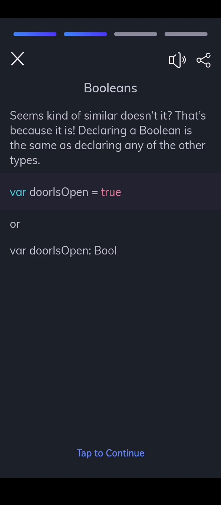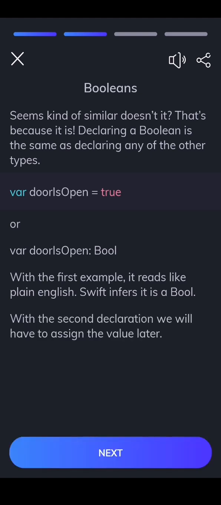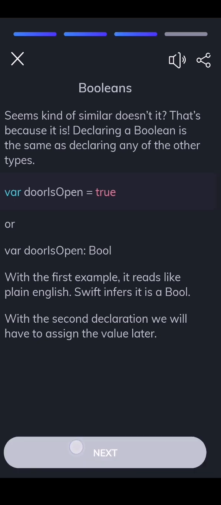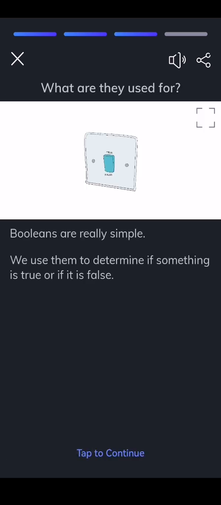Or var doorIsOpen: Bool. With the first example, it reads like plain English. Swift infers it as a bool. With the second declaration, we will have to assign the value later. Booleans are really simple. We use them to determine if something is true or if it is false. An example would be